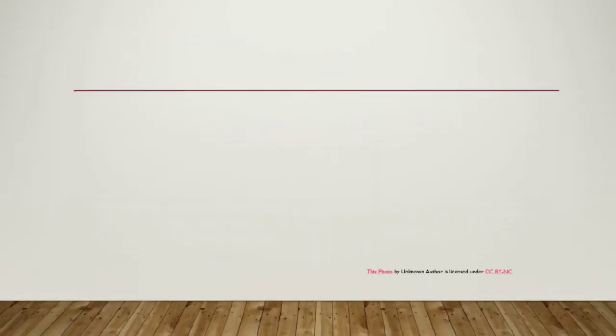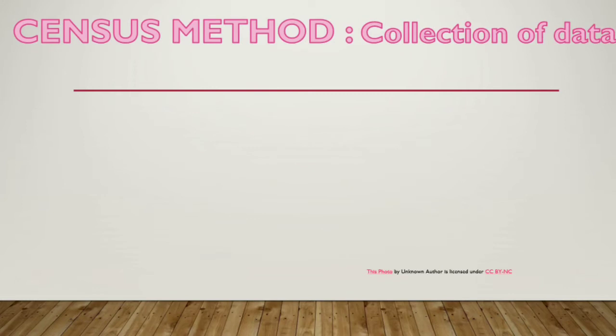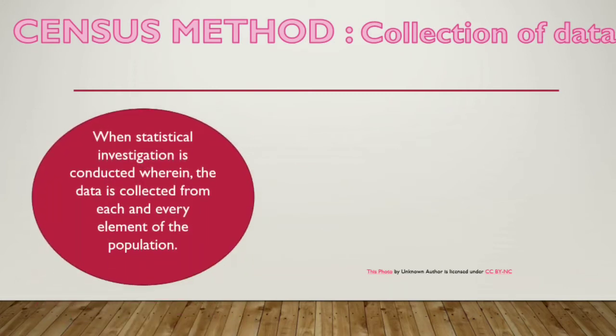Let us start with the first method, that is census method for collection of data. What do you mean by census method? We need to know three meanings first of all. What is census, or you can say population or universe, and the other is sample. So universe or population is the actual population according to the question in hand, in which each and every item of the question in hand is included. On the other hand, a sample includes only a few items of the population according to the question in hand.